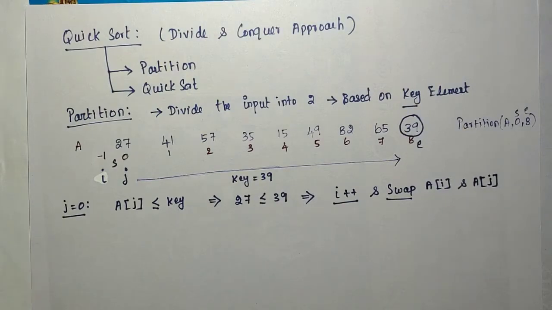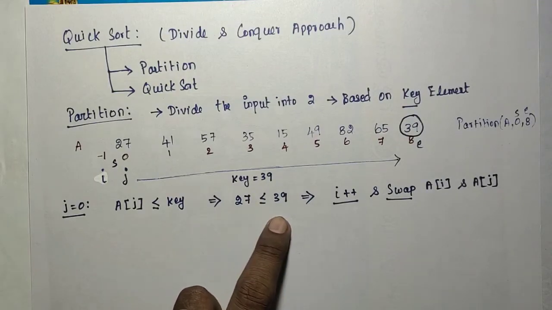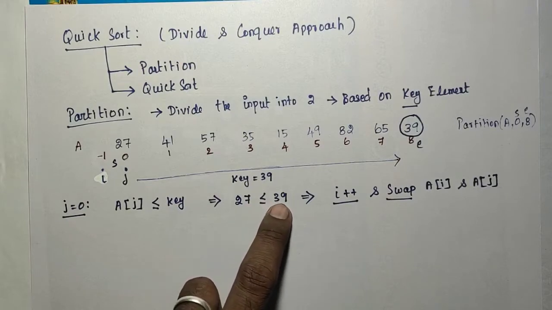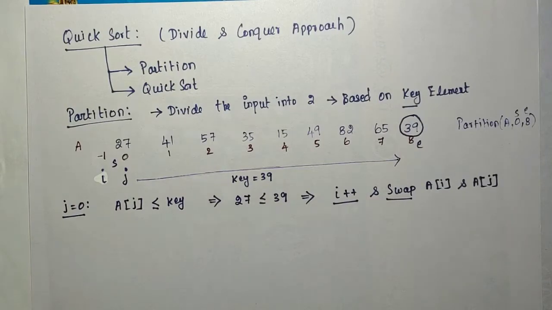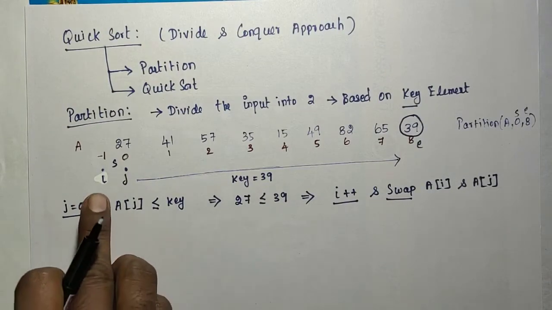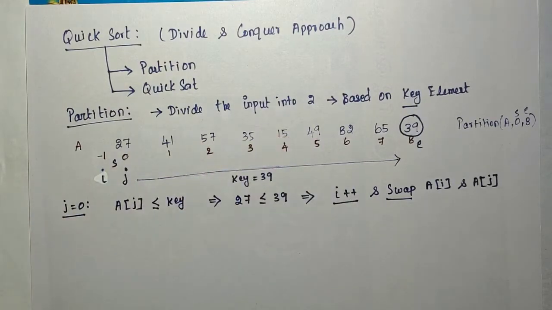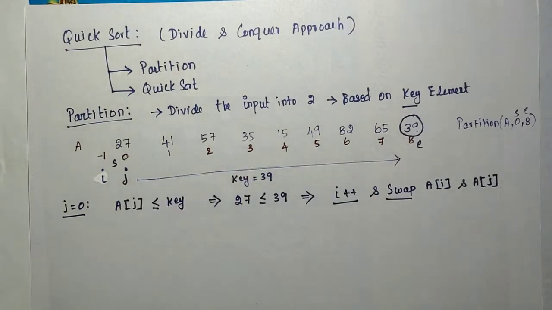That's very simple. The meaning of this is, if this condition is true, we are getting one element which is less than 39. So the jth element is the minimum. I is pointing to the free location. So move I to the next free location and move that current minimum element, that is 27, to that position.